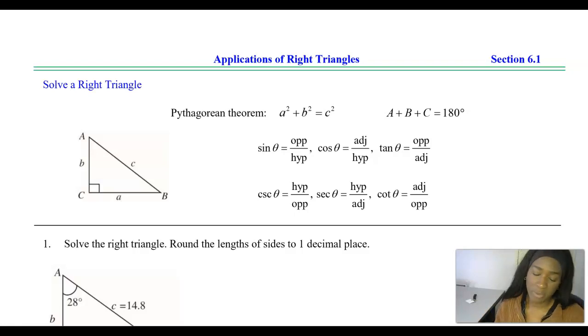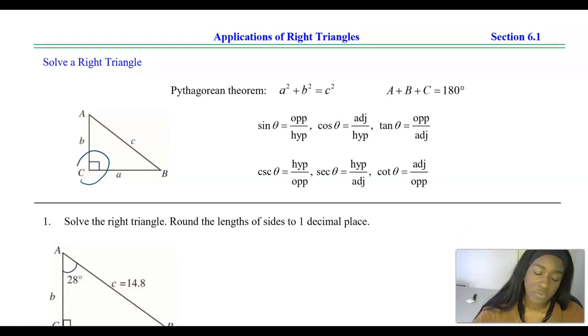One thing I will point out before we get started is the setup for all of these triangles is that our capital letters will represent our angles, and our lowercase letters will represent the side opposite that angle. So for example, here's the angle capital A. Opposite that is the side lowercase a. We will always use capital C to represent the 90-degree angle and lowercase c to represent the hypotenuse, the side